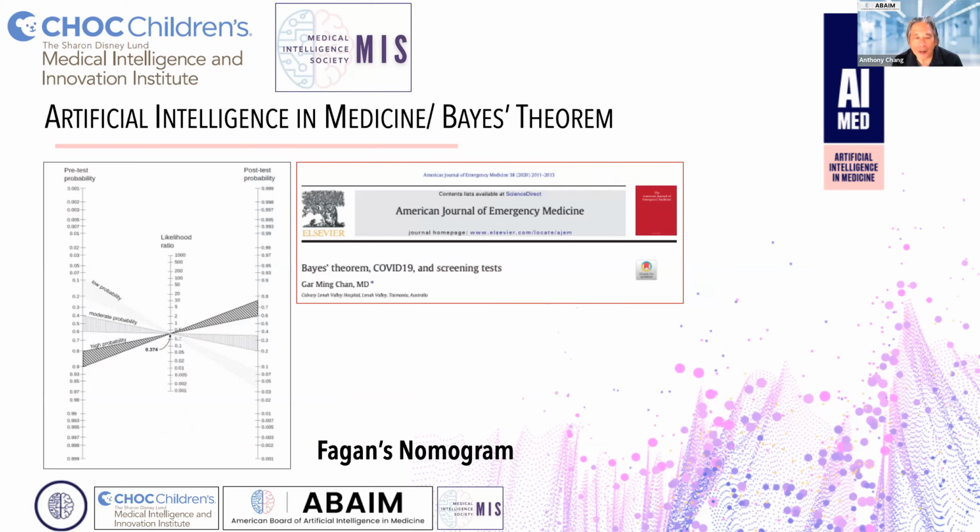And this is a very recent article that was published in the American Journal of Emergency Medicine, of all places. It talks about Bayes' theorem, COVID-19, and screening tests. Back when screening tests weren't so good and the pandemic was really taking hold in cities like New York, there was concern that so many people were deemed not to have COVID when the screening test was negative, in a place that was very, very much struggling with COVID.